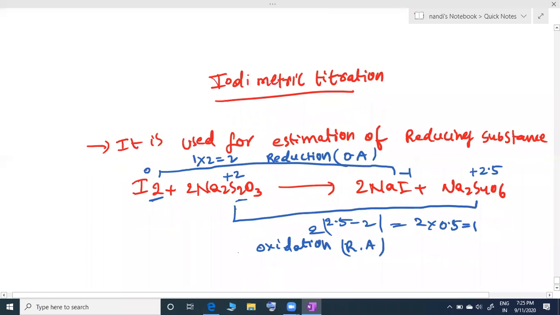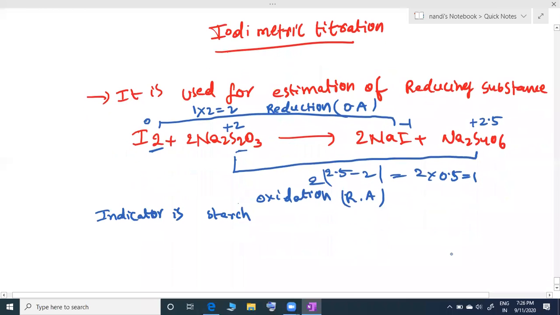So here we are using this reaction, I2 converted into I minus in iodometry. Here the indicator is starch solution. Suppose we are setting up, any doubt? We take a conical flask. Here I am using the substance; you can take As2O3 or any other. So we are adding it here.